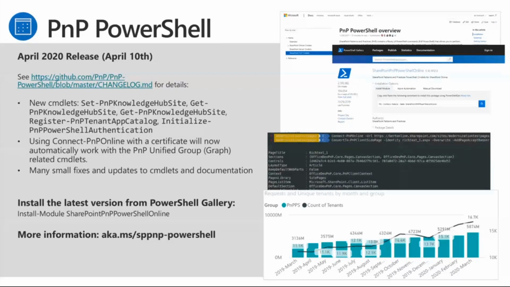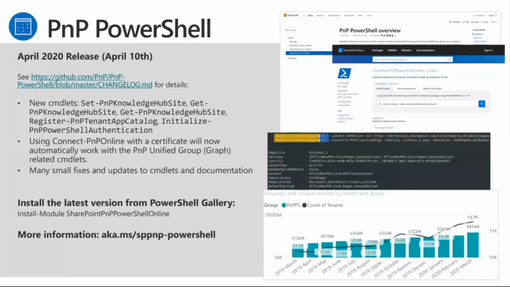They are effectively the same as you find in the Office 365 management shell, but these use the Connect-PnPOnline commandlets, etc. So you don't have to leave the PnP commandlets if you want to use them. We also now have an equivalent for what Paolo just mentioned to register an app catalog. You can call the Register-PnPTenantAppCatalog commandlet to automatically create an app catalog and register it as your main app catalog in your tenant.